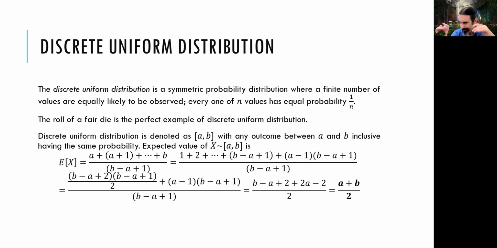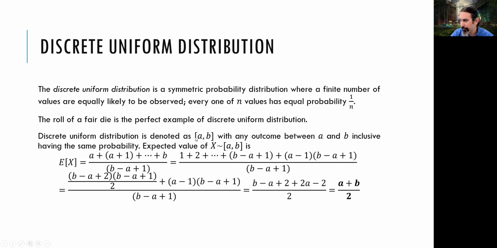Now, the uniform distribution is shown like this, from A to B. It has a lower limit and an upper limit. It can be anything from minus 20 to plus 20 or anything larger or smaller. It doesn't have to be in the negatives. It can be all positives as well, or all negatives as well. As long as it's not infinite, it's okay.